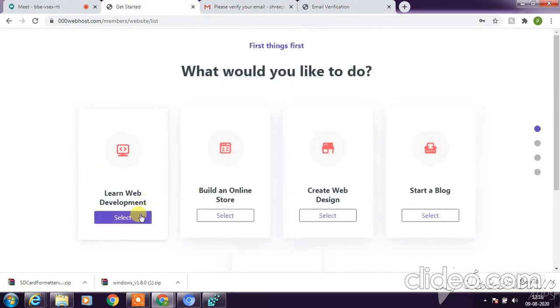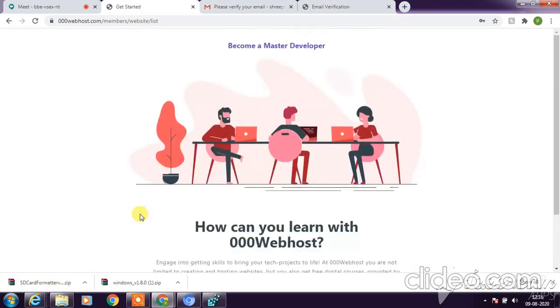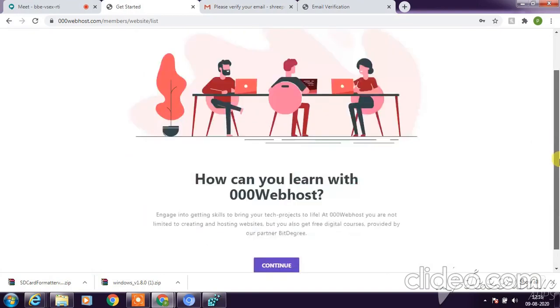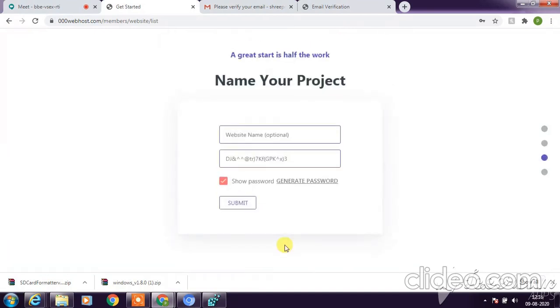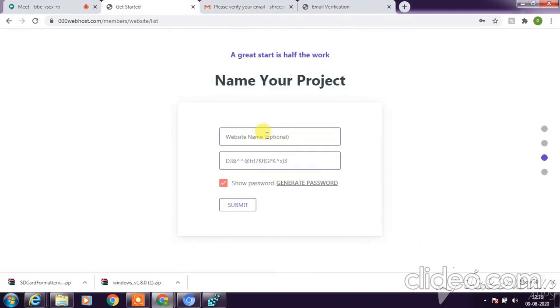Go to learn web development, then come down and say continue. It will ask you your website name. I'll give again Shri. Then it will ask you the password.